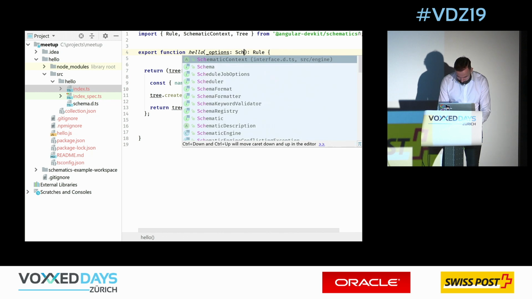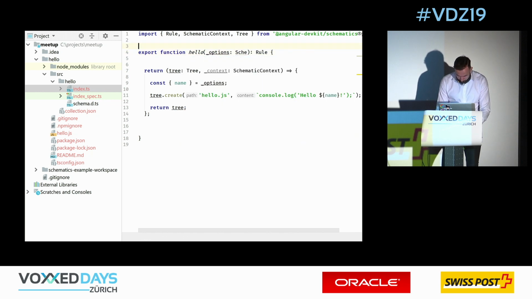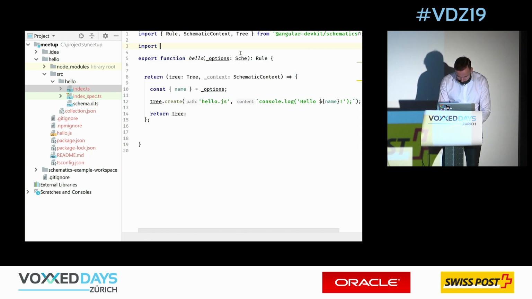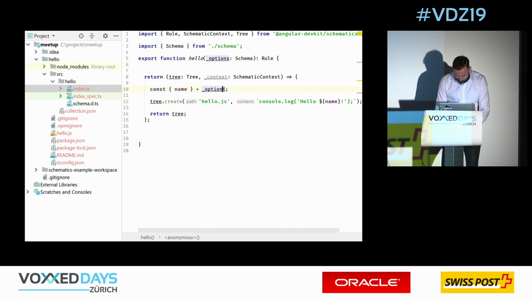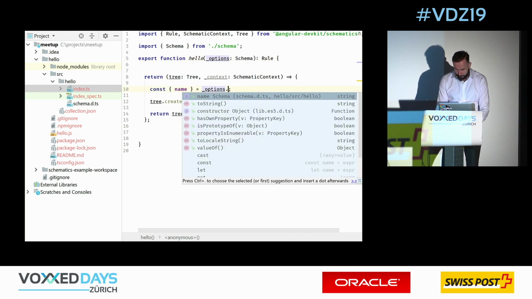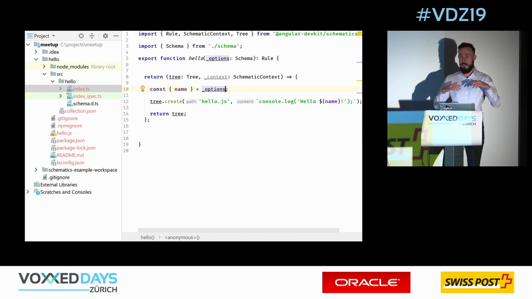So we can say here schema. Well, it doesn't offer me the import, so I import it by hand. Sometimes this doesn't work. So from the local schema file, we want to import schema and use it as a type of the option. And now if you do here a dot, we will see that there is a name property. So okay, already in the code we have the type checking,